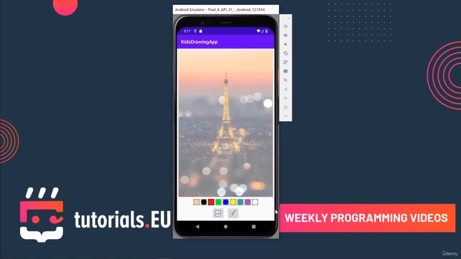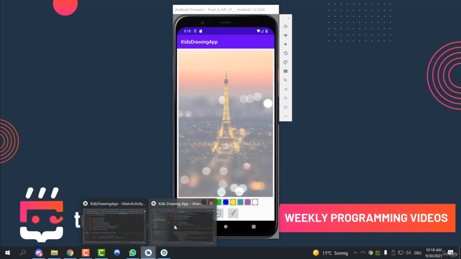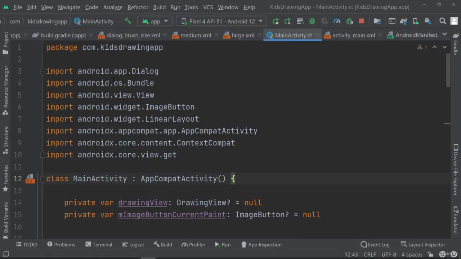By the way, in order to follow the exact same structure that I'm using here, it's important that you are using API version 31. Okay, so that you're not using an older one, because otherwise the activity result launcher will not work. So before you try to implement this yourself, which I would highly recommend, let's quickly look at the